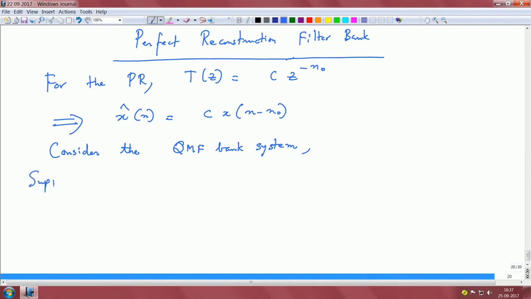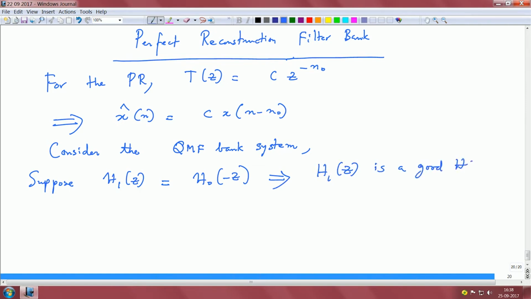Suppose H1 of Z satisfies the quadrature mirror filter property, that is, H1 of Z is H naught of minus Z, which implies H1 of Z is a good high pass filter if